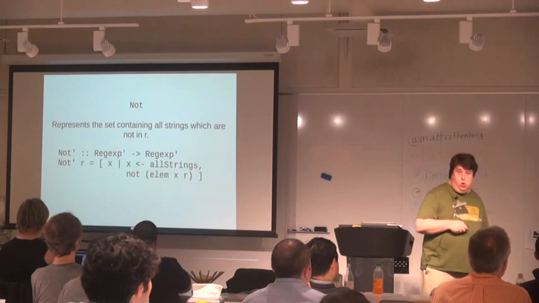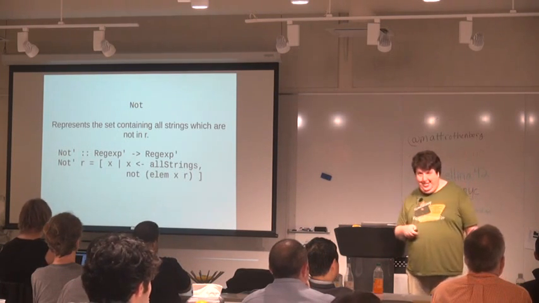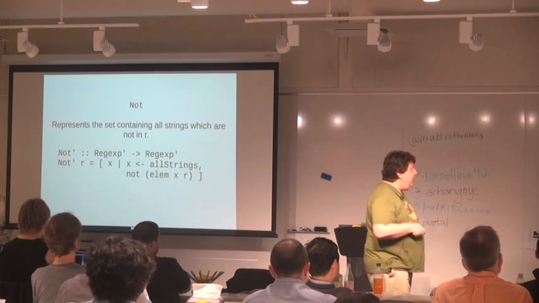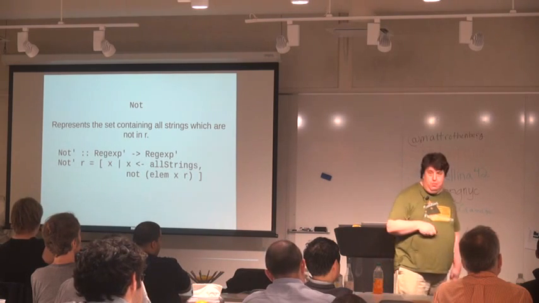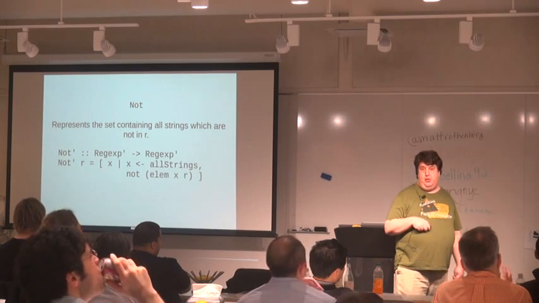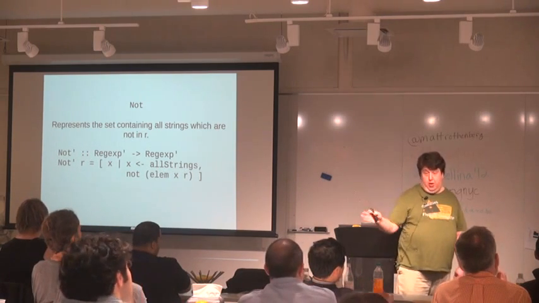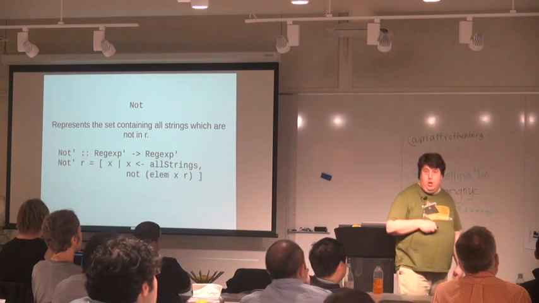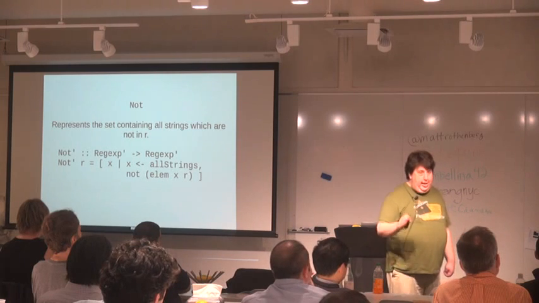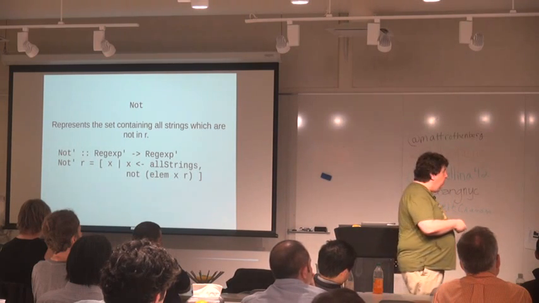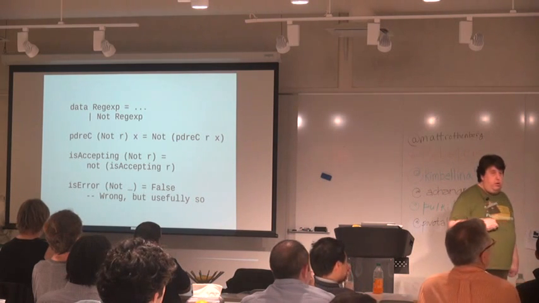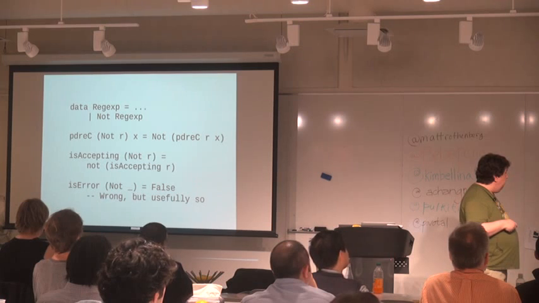So we've done OR and AND. Can we do NOT? Let's have real fun, right? NOT represents the set containing all strings which are not in R. So if I had some way to generate all possible strings, the list of all possible strings, and this would definitely be an infinite list, I just select out of it all strings that are not in R, and that is our NOT, right? So we add a NOT constructor to our regular expression data type,